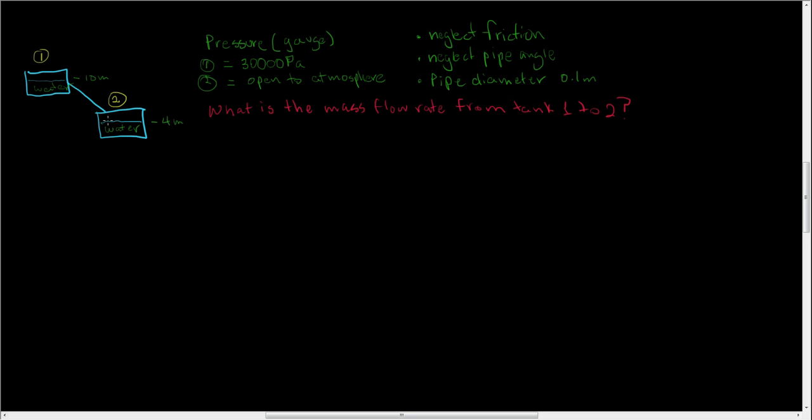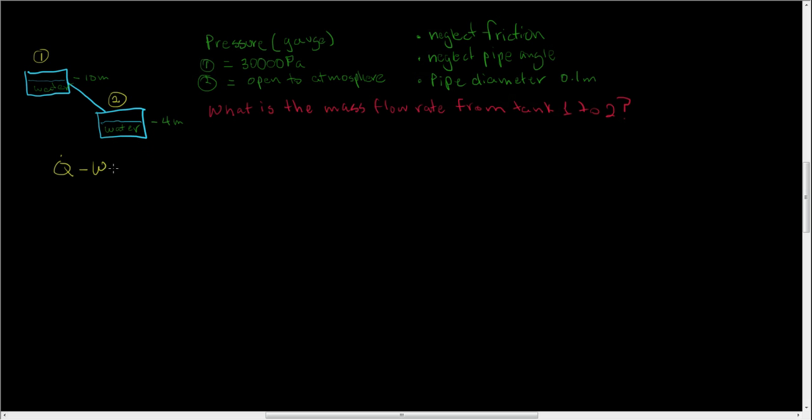This is a simple problem. In a more elaborate problem, you have to take those things into account. And we're saying that the pipe diameter is 0.1 meters. All right, so then we need to state the energy balance, the energy equation, which is that Q